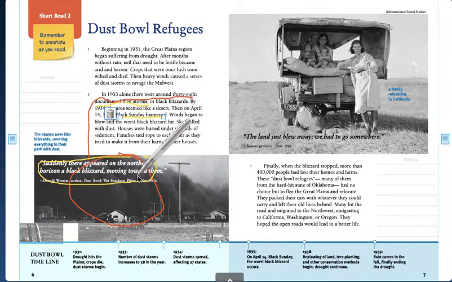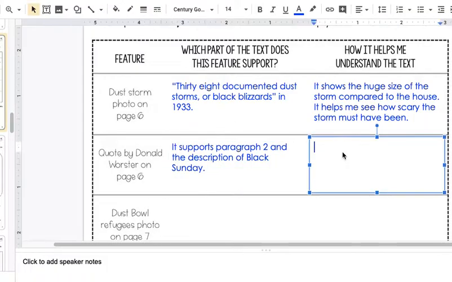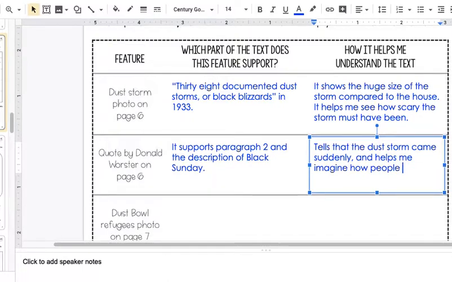So it's kind of helping me understand, again, how people must have felt and what they must have seen. So it tells that the dust storm came suddenly and helps me imagine how people may have felt watching it come, because it tells me that they could watch